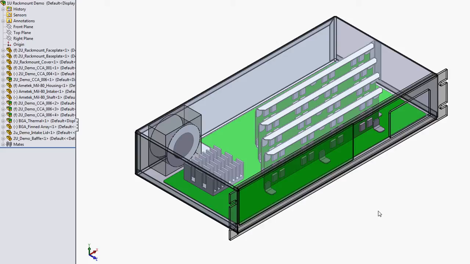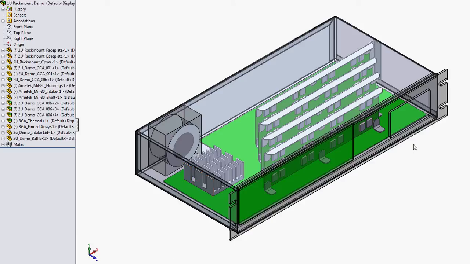The daughter cards hold arrays of MOSFETs, so these are high power density components. So a little bit later when we actually add in the heat loading, these are going to be dissipating a significant amount of power. Over here is a cavity up BGA with a little heatsink heat spreader on top, and